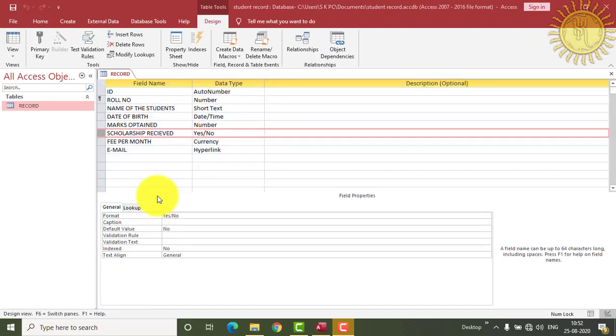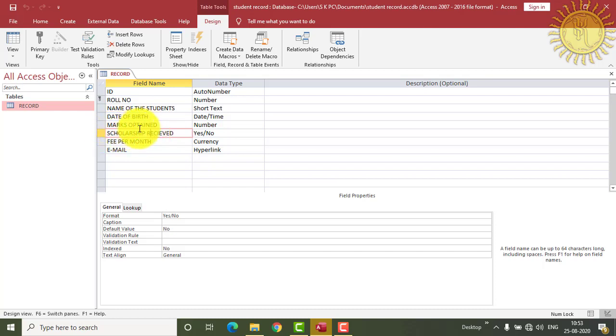Now the next is moving up field. So if you want to move the fields up and down to rearrange the orders of the field, so you can also move any of the field up and down to make it in the presentable manner or to make a serial of the order. Okay, so this also you can do it.